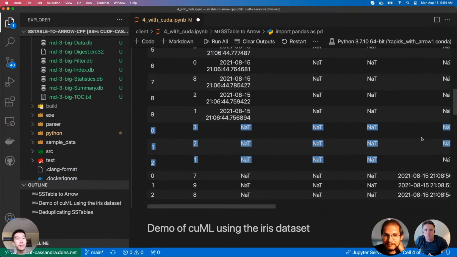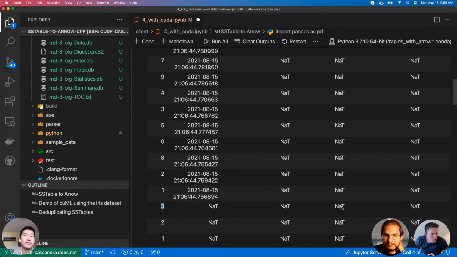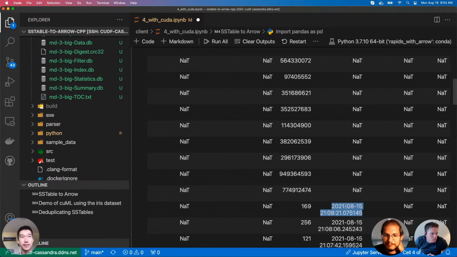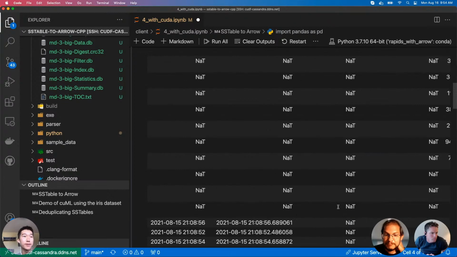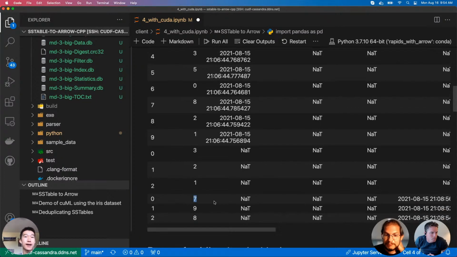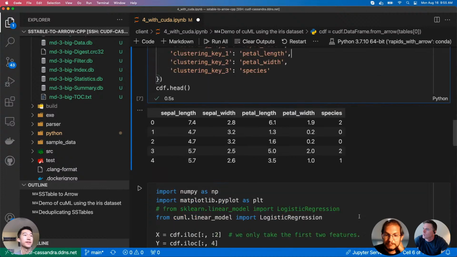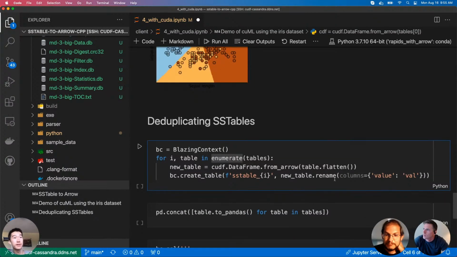And you'll notice that except for the partition key, the row liveness data is mostly empty. For that specific cell, we have a timestamp when it gets updated, along with the value that it has. And then finally, I've deleted a couple of rows here. You can see it also has the partition key, and it also has the row deletion time. This includes all of the metadata from Cassandra so that you can do the deduplication on your own. So if I scroll down all the way to the bottom here, I'm going to use Blazing